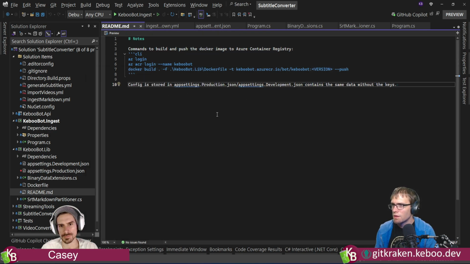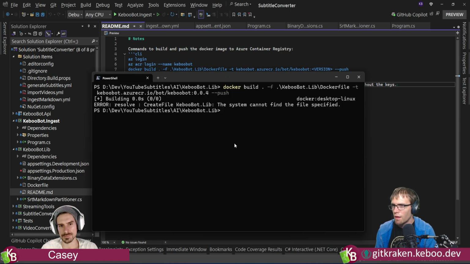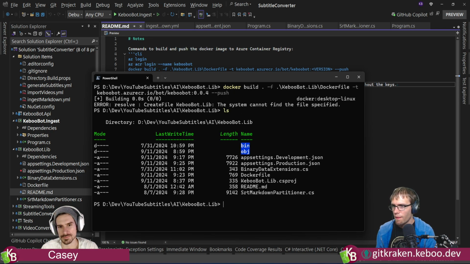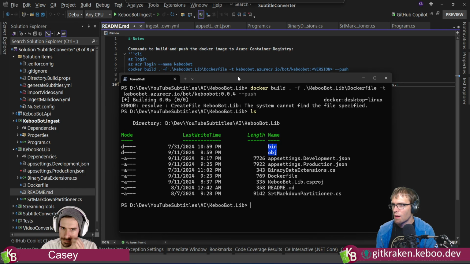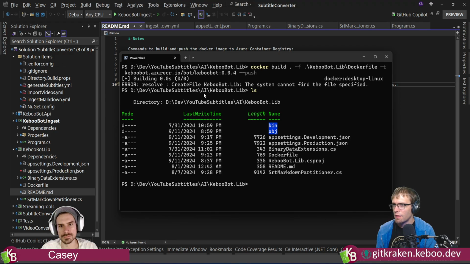Let's see. The registry keys. So hold on. System cannot find the file specified. ls. Production. It's looking for the DLL, right? Well, I don't know. Error resolve create file. Let's go to the Docker file.